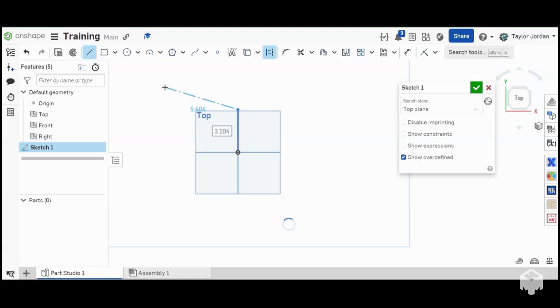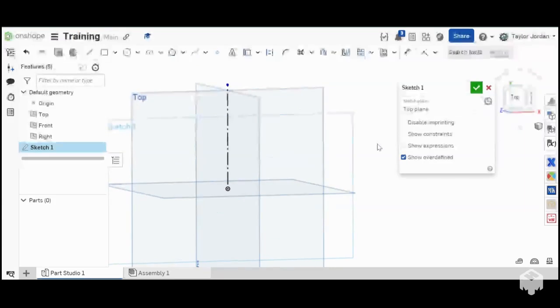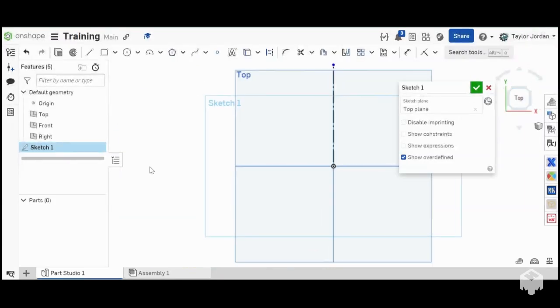in order to make your lines. What I just did there, as I clicked Q, makes this a construction line, which basically means this line doesn't exist. It exists only for your reference and only so you know. So if I want to make